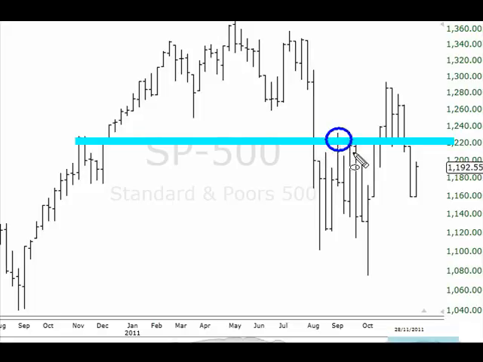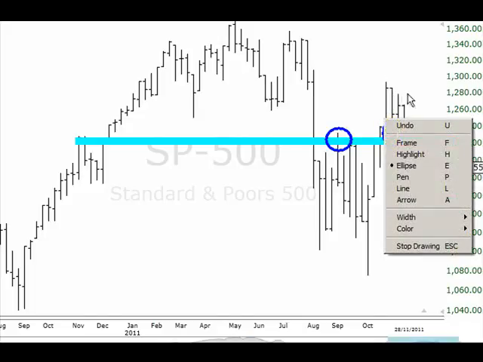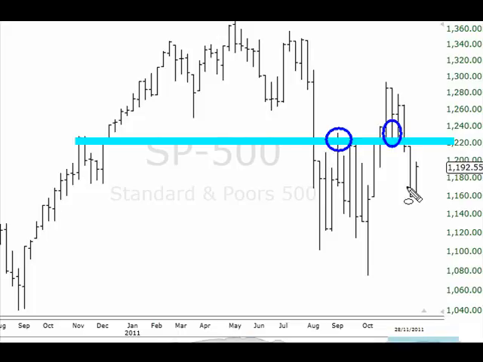It had support. And then the market broke back up and started going sideways, and you can see it bounced off through here, reversed, and then broke back down. Okay, so if this market can break above this level through here, we are likely to see a run to the high side.